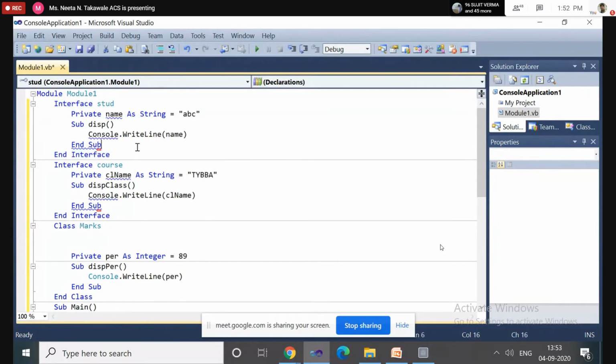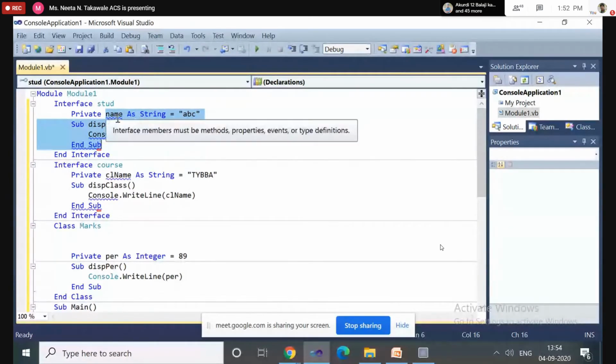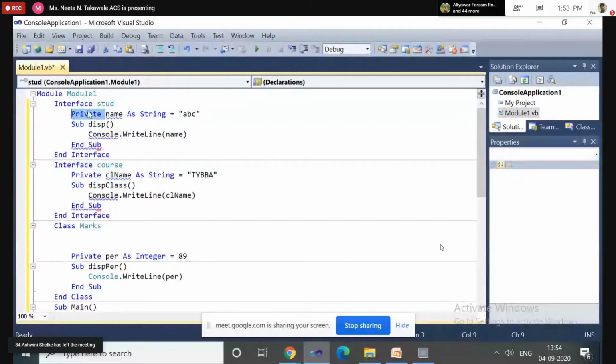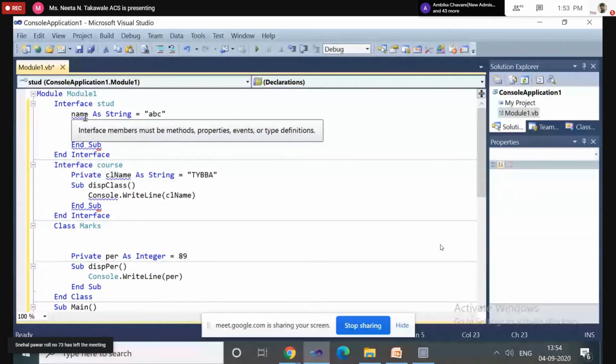Now there are some rules when you are using the interface keyword. In an interface, all the members should be declared using the public access specifier. Private members are not allowed inside the interface. Here it is giving an error message, so I am removing the private access specifier.